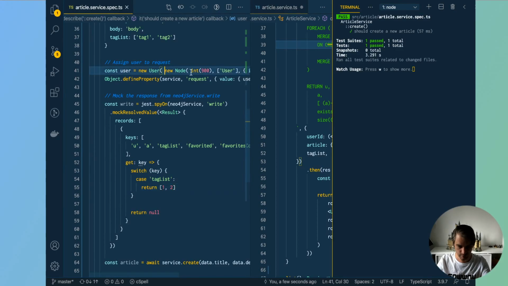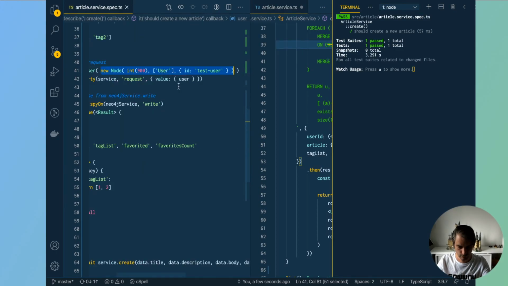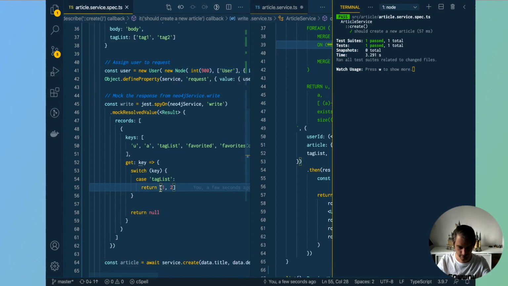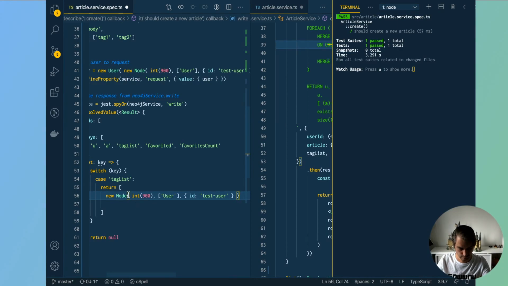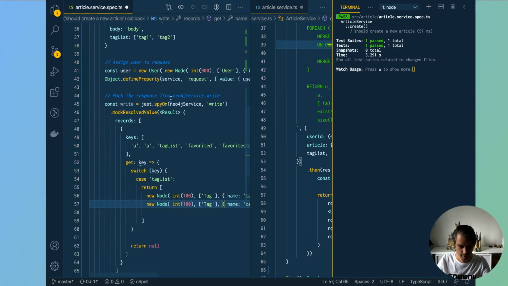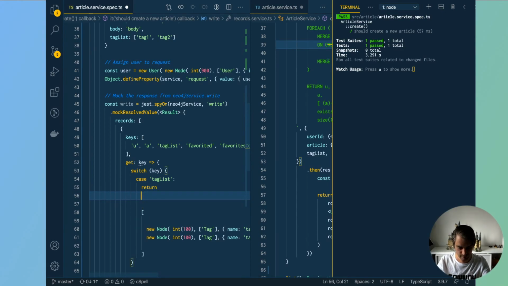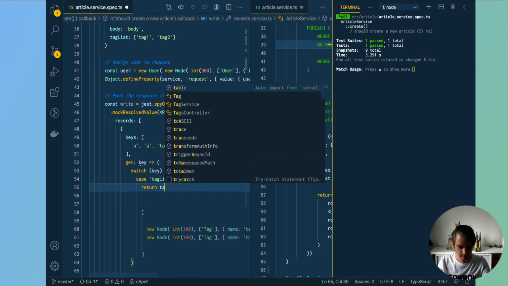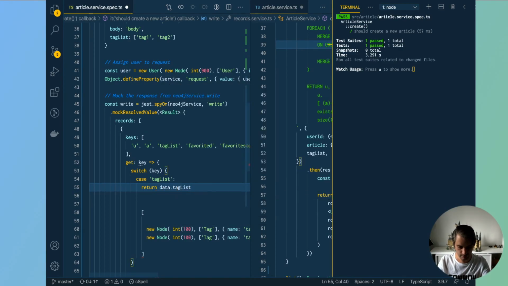So I can do the same thing again, where I've created this node above. I can return, we'll give this 100, and we'll call this tag, with the name of tag 1 and tag 2. So actually, what we could do is take the value from here, and instead of that, we could say data.tagList.map,